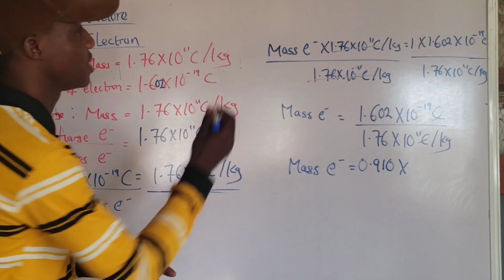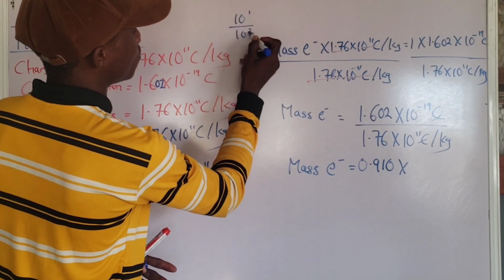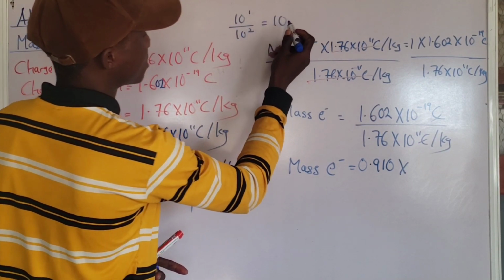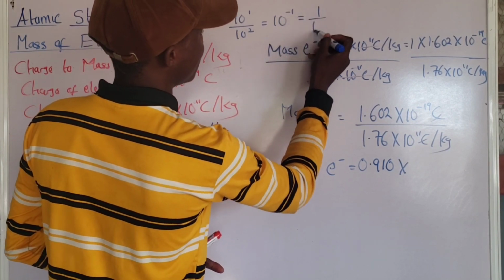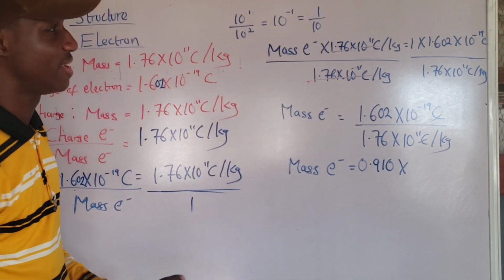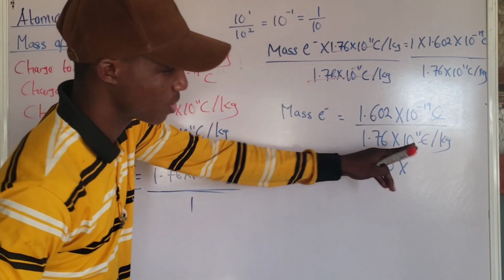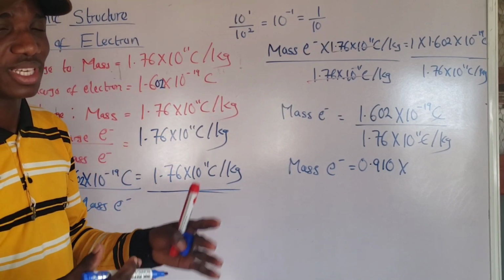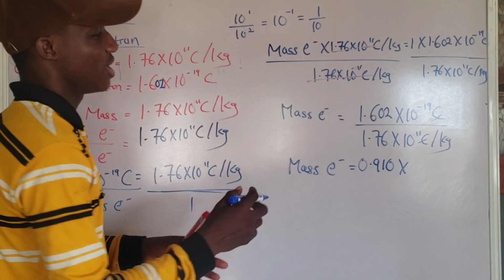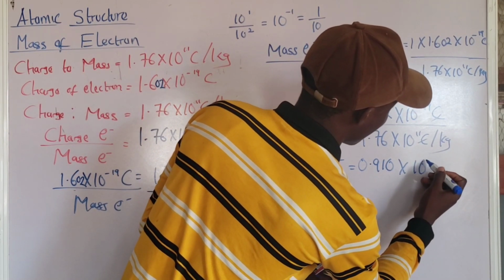You understand? Let's say we have 10 raised to the power of 1 over 10 raised to the power of 2. This can be written as 10 raised to the power of what? 10 raised to the power of negative 1. You understand? Which is also the same thing as 1 over 10. Do you understand? Please, I want to perform some operation here, but I want you to remember your basic mathematics concept, indices. You understand? So now, here I'm going to have multiplied by 10 raised to the power of negative